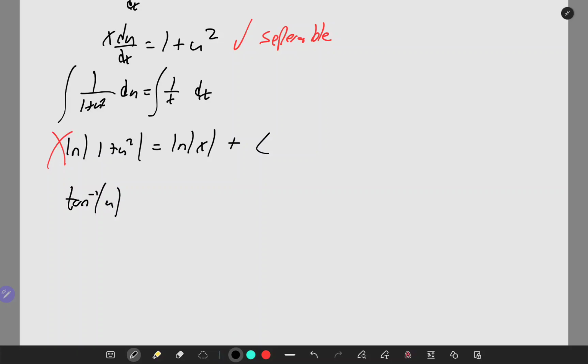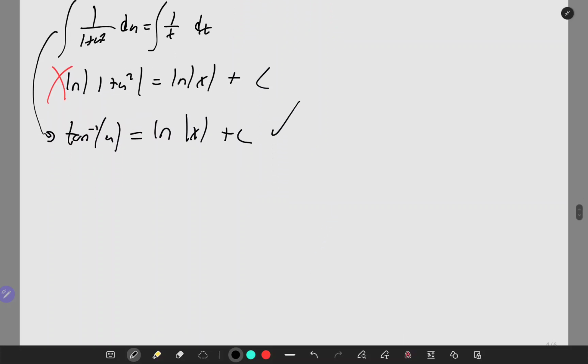That's inverse tangent of u. I can't believe I did that. Well, we have inverse tangent of u is equal to ln of x plus c. That's my fault. This is correct. Anyways,